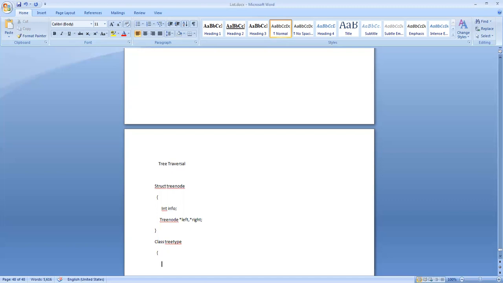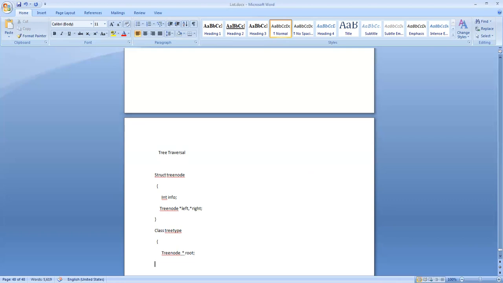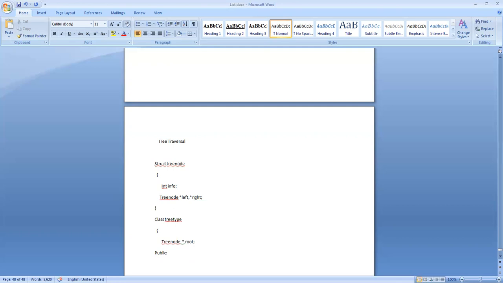Here there should be an external pointer for the root. So I call that tree node star root. So root is an external pointer for the first node, the root. Then the operations I am going to do on this tree.